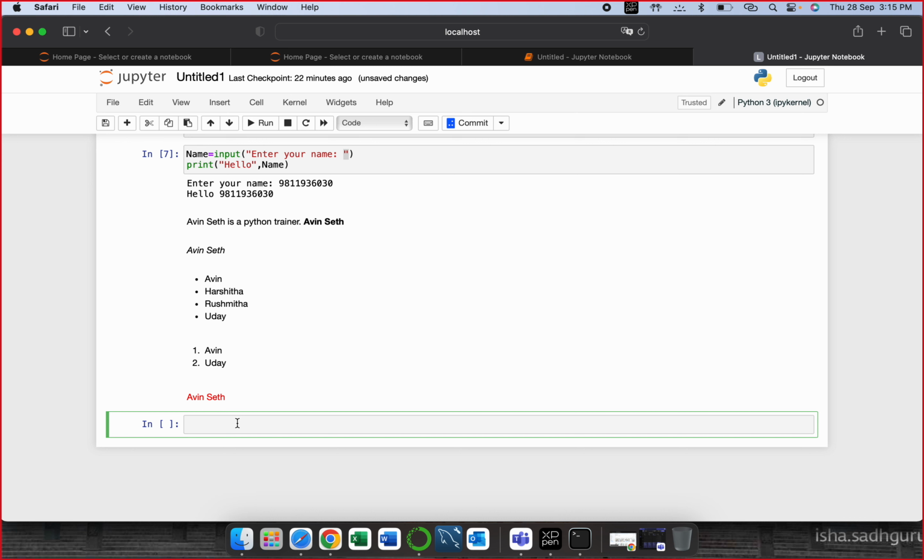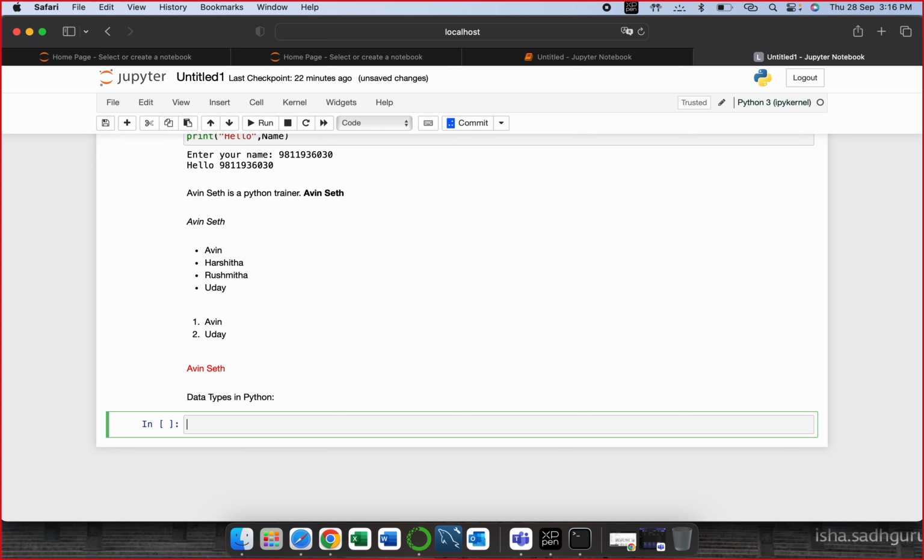Now let's say, what are the data types in Python? So, data types in Python. There are two sets of data types. One is the data types that we are already familiar with, and another set of data types are which are